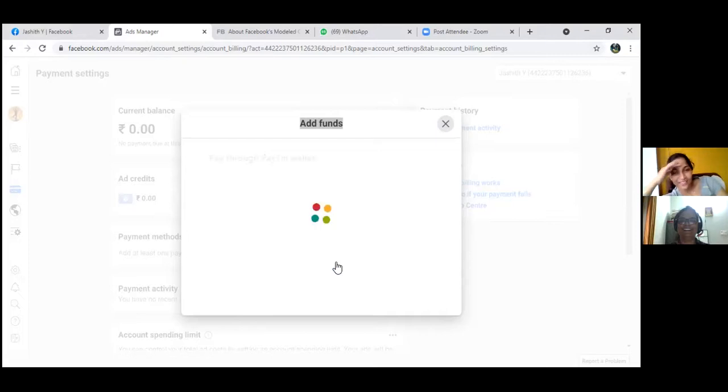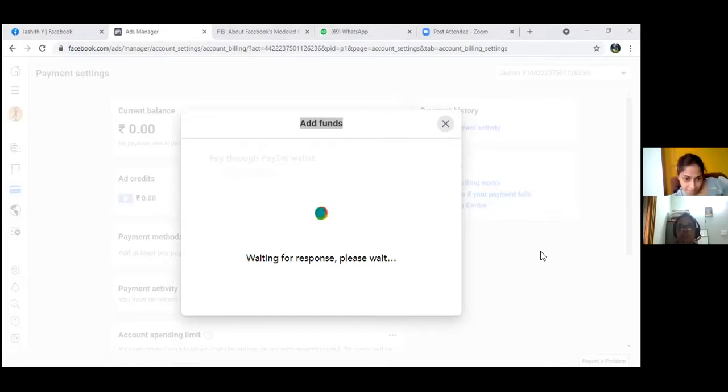I have left all this for now, so even I forgot everything. Yeah, the pop-ups are here. Now it will ask for your phone number. Whatever phone number you have for Paytm, give that number and it will send an OTP to it. Once you enter the OTP, it will show the balance in your Paytm, and whatever amount you told Facebook to deduct from Paytm, it will deduct after you give the OTP.